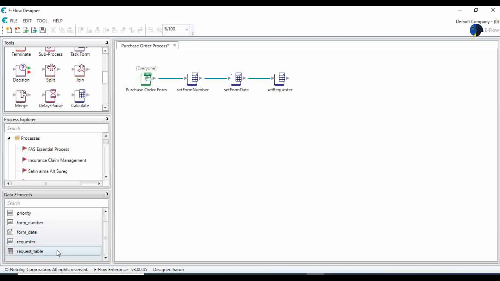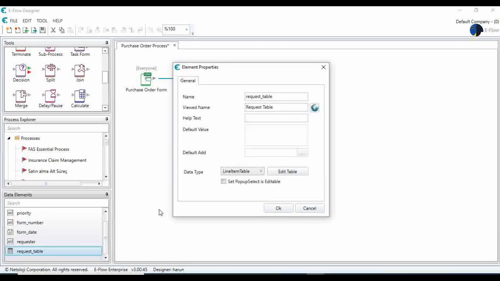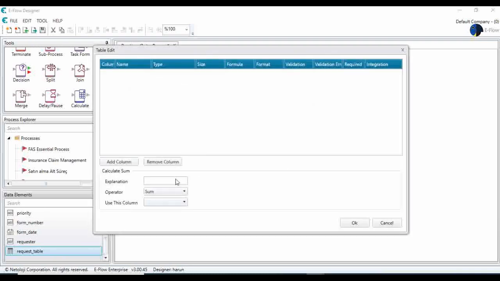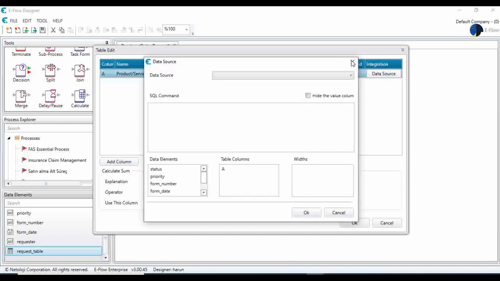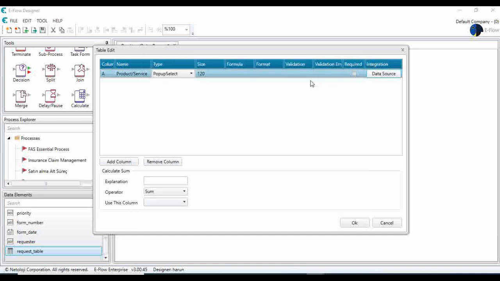Let's start editing our table, and let the first column be product or service, and the type I will select pop-up select, and I will just write my code here as the selection